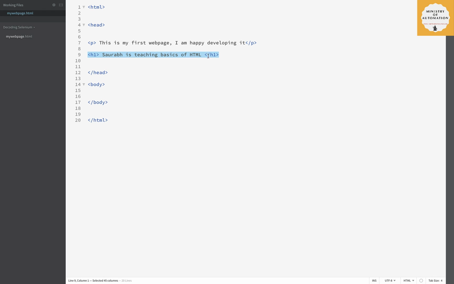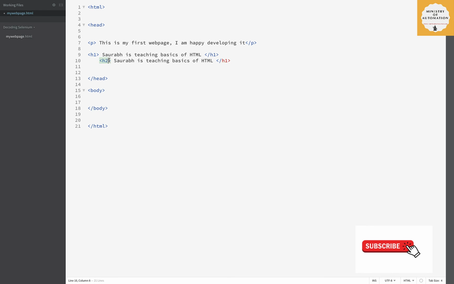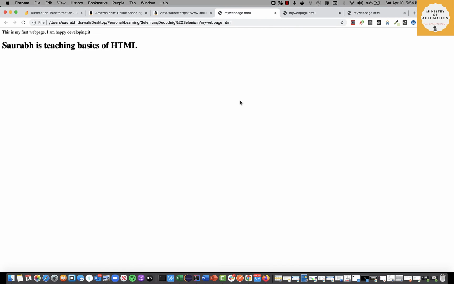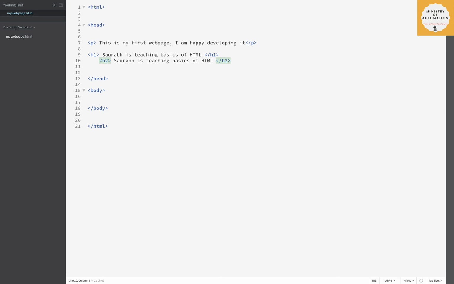I'm gonna copy this information, just put it in the next line. Now instead of h1, let's experiment. Let's do something like h2. See, you can't do it like this. If you have an opening h2, you should have a closing h2. Okay, so if you use an IDE, you will get it highlighted. Otherwise in Notepad++ you'll have to do this manually. h2, save it, go back, reload your browser. Now you see this has a smaller size than this, right? Now this is a small example of your opening and closing tags.